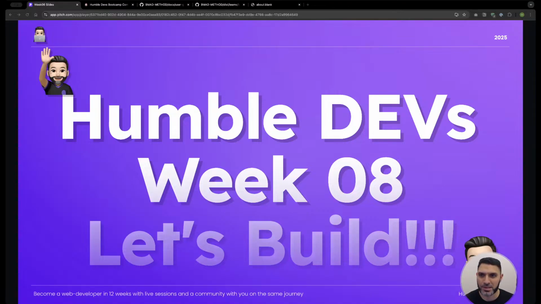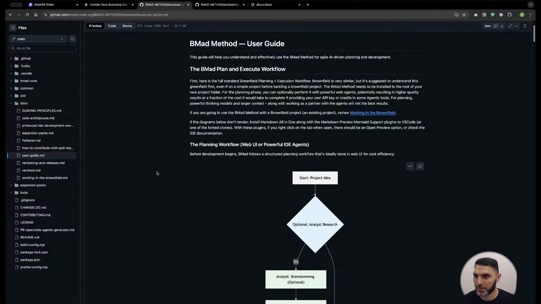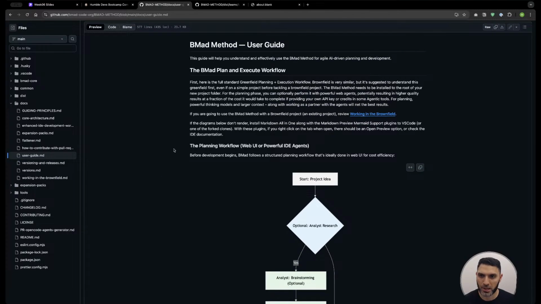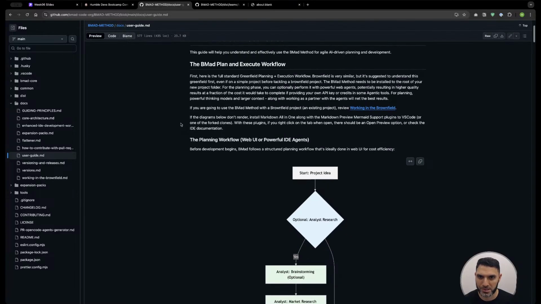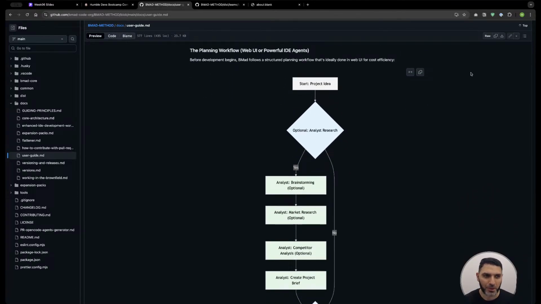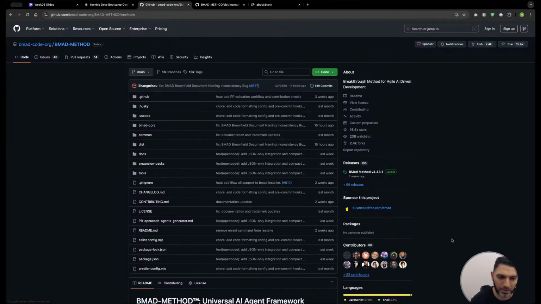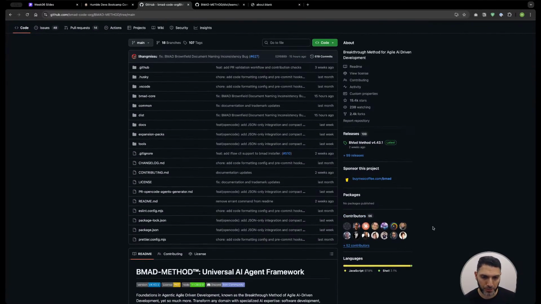Having said that, I do want to touch on a subject that has now become quite well spread, which is an alternative to using the BMAT method. I mean, I wouldn't call it an alternative right away because it's still quite new. This has already been established for a number of months, and it has a decent amount of people contributing to it. So if we go back to the main page, as you can see, there are 66 contributors